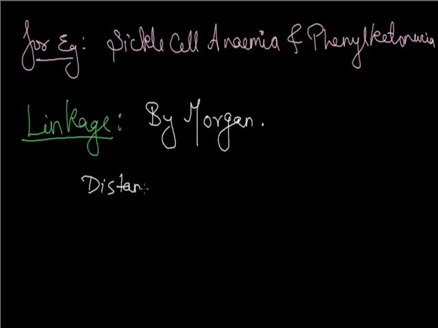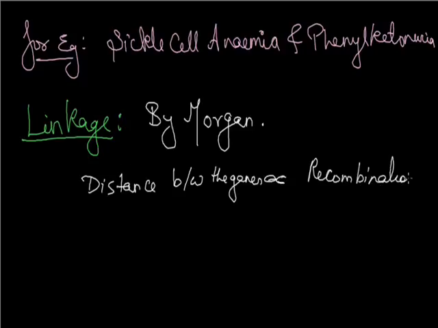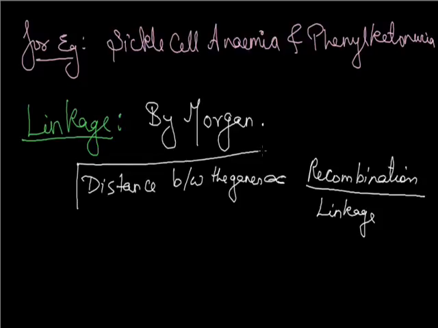the distance between the genes is directly proportional to recombination, and it is inversely proportional to linkage. If we go through this formula, then we can see that